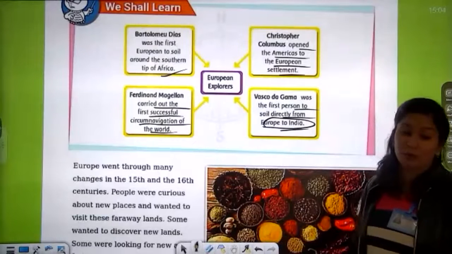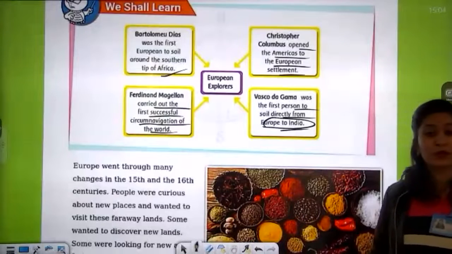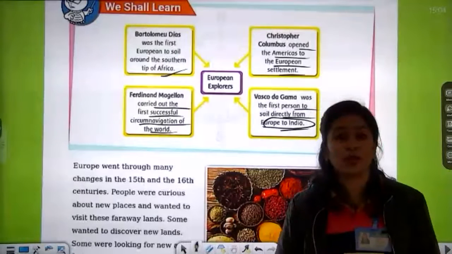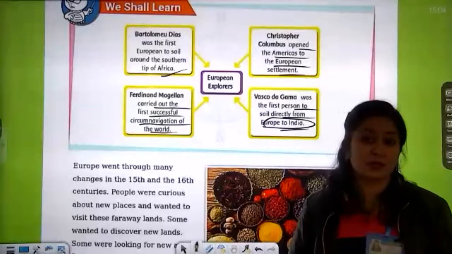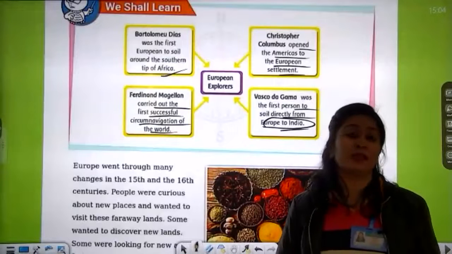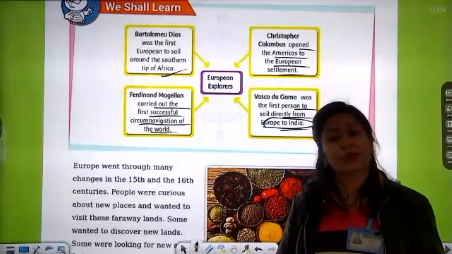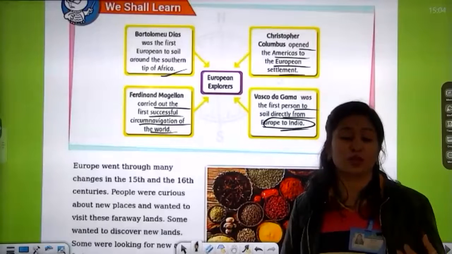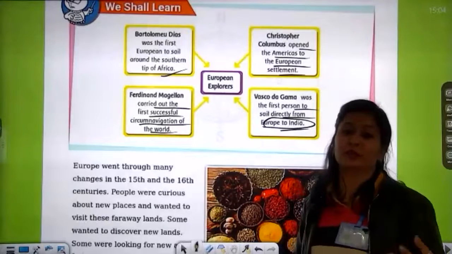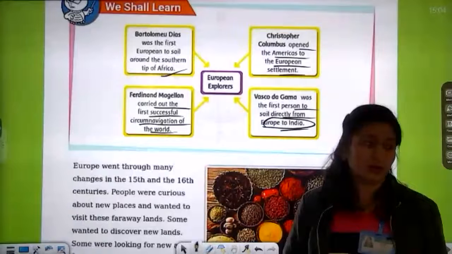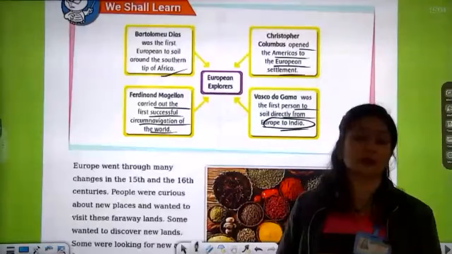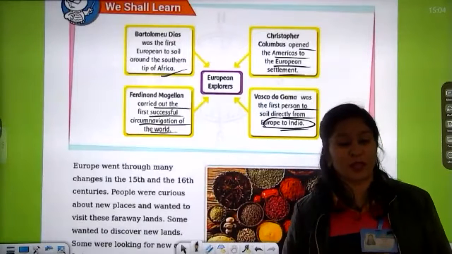India was very important for the European explorers because at that time very good quality spices, cotton and silk were found in India. In higher classes you are going to learn about cotton, silk and spices, and due to that only the East India Company came to India. The Britishers came to India to trade. They came to buy the spices, cotton and silk at low prices and to sell them at high prices so that they can earn profit. यहाँ से वो खरीदते थे इनको सस्ती प्राइसेस पे और अपनी कंट्रीज में या दूसरी कंट्रीज में जाके उसको हाई रेट्स पे बेचते थे और बीच में प्रॉफिट कमाते थे. ओके,